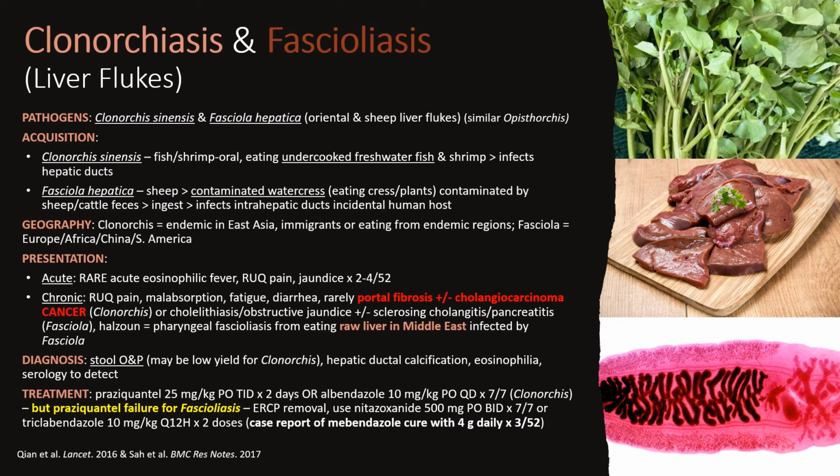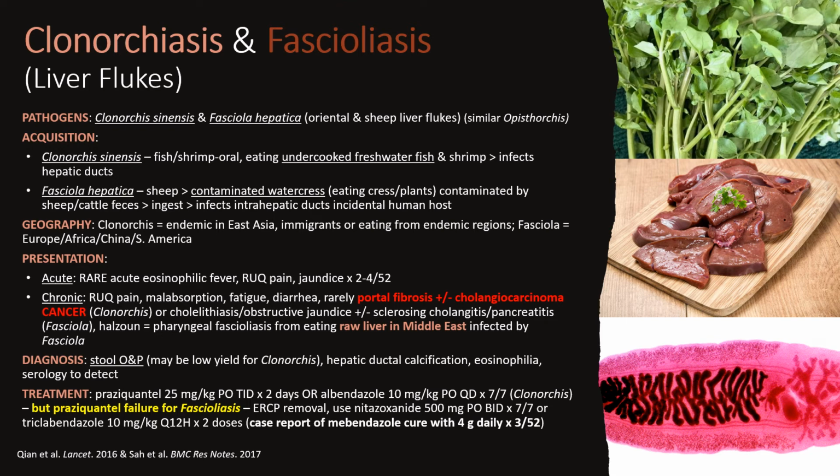Fasciola hepatica is also known as the sheep liver fluke and has a life cycle in sheep, but interestingly, humans are commonly infected when eating contaminated water plants like watercress, a water plant that's commonly used in salads in some places, that is contaminated with sheep feces. Fasciola also travels into the intrahepatic ducts to create a home, but is more common in Europe, Africa, China, and